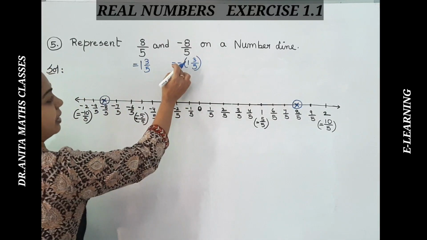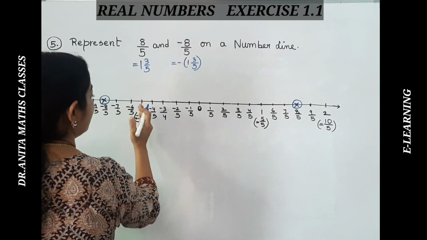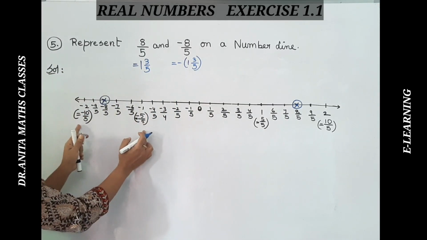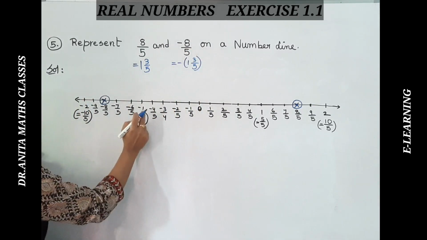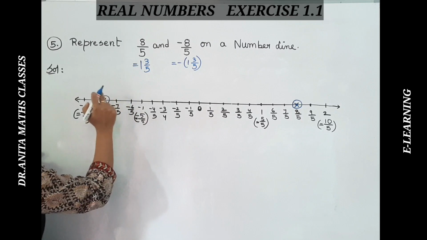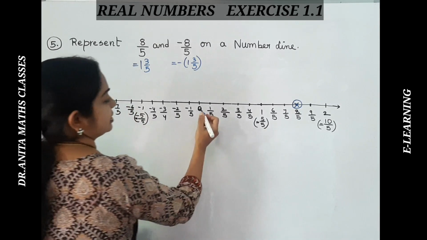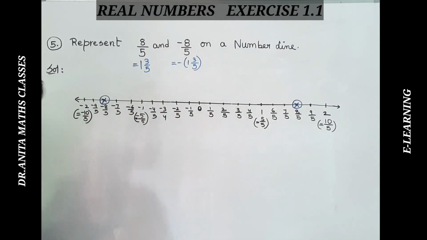And here, on the minus side, minus 1 3 over 5 is after minus 1 and minus 2, it lies here. After minus 1, 3 by 5 is there, so 3 parts, 1, 2 and 3, so minus 8 over 5. That is another method. Okay, so with this method you get 8 over 5 right here itself. Like this we can represent on the number line. Okay, pause it and note it down.